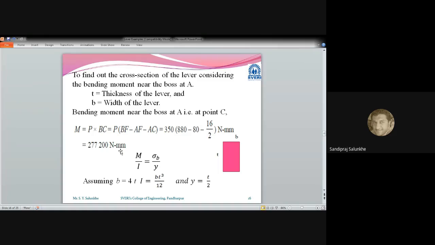And where there is a possibility of that lever bending. The lever bend होण्याची शक्यता त्या पिनच्या पेरिफेरीवर आहे. ओके, कारण पिनच्या सेंटरला ती बेंड होणार नाही, कारण पिनचा एरिया पण त्याच्यामध्ये इन्क्लूड होईल, सपोर्ट होईल त्याला. पण पेरिफेरीवर तिथं सगळ्यात कमी एरिया आहे त्या लिव्हरचा, त्याच्यामुळे तिथं बेंड होण्याची शक्यता आहे, म्हणून आपण तिथं बेंडिंग मोमेंट कॅल्क्युलेट केली. ओके, खूप कमी डिफरन्स असणार आहे त्याच्यामध्ये. 16/2 एवढंच डिस्टन्स त्यातनं मायनस होत आहे. त्याच्यामुळे तुम्ही ही व्हॅल्यू कॅल्क्युलेट केली आणि त्यातनं 16/2 ही व्हॅल्यू कॅन्सल करून जर कॅल्क्युलेट केली, स्मॉल डिफरन्स विल बी देअर. ओके, बट फॉर मोर accuracy we have considered it at point or at the periphery of that pin.